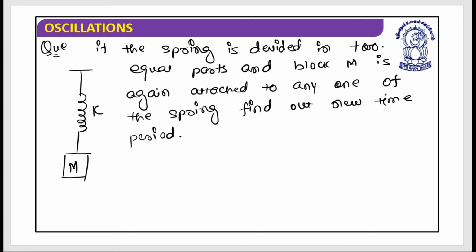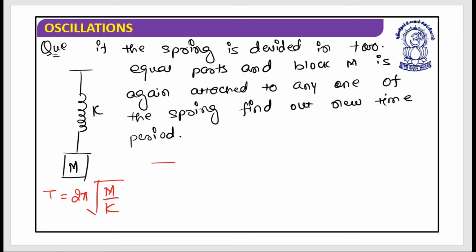So as you see this, initially the spring is there, a block has been attached with the free end of the spring, and if such is the situation, I have written T is equal to 2 pi root of M by K. Now